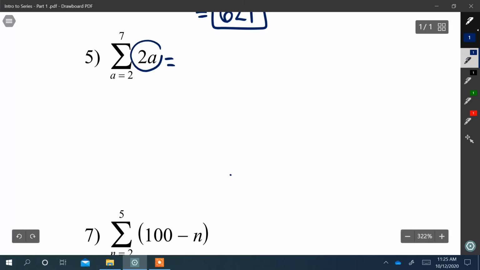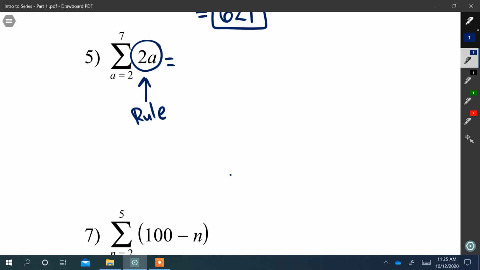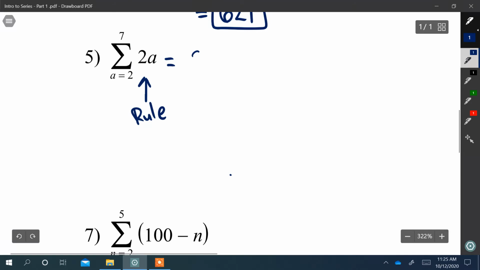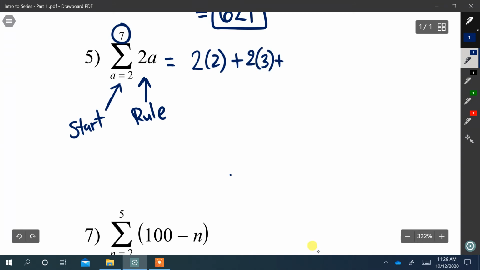So this is kind of like our rule there that tells us how the series is gonna look like. Okay, so we know that it's 2 times, and this again is our starting point. Okay, so it's 2 times 2, and then we're gonna go all the way to 7. So 2 times 3, 2 times 4, 2 times 5,